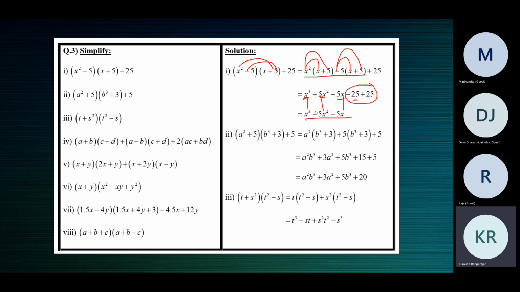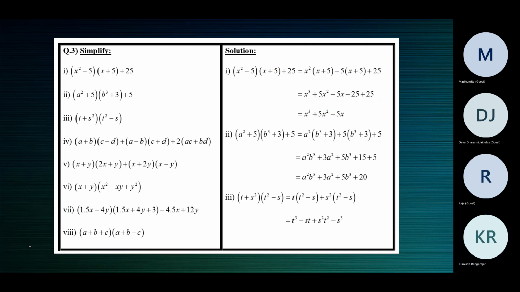See, now the signs are plus and minus. When can you add or subtract? Only like terms can be added or subtracted. You can multiply any two terms, but you can add or subtract only like terms. After multiplication, what we see is addition and subtraction. They're not like terms. This is x cubed, this is x squared, this is x. So that's the final result. We have simplified the given expression. Go through the first one alone, children.